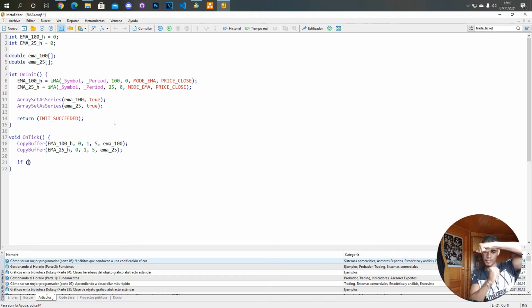So if the 25 is below the 100, and then at the next point it's above, it means that there was a cross. So then we will open a position. So we are going to say that if the previous value of EMA 100 is above the EMA 25 previous value, and the next thing that happens is that the long one,